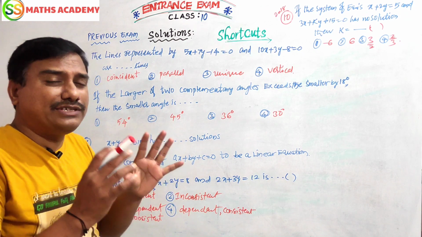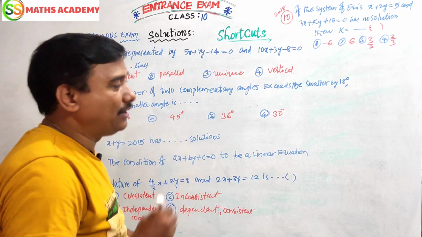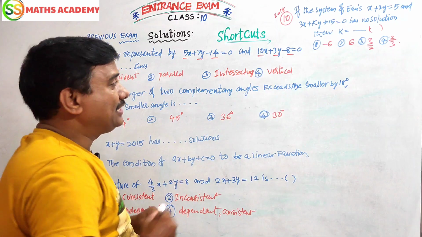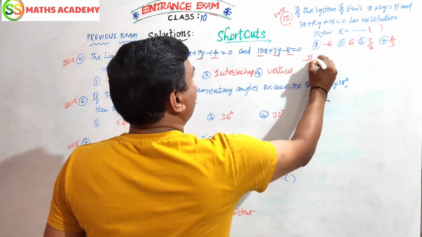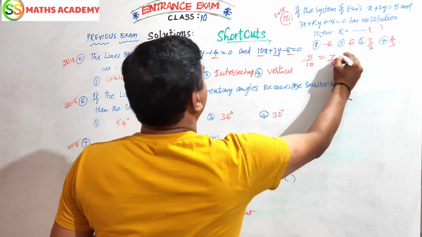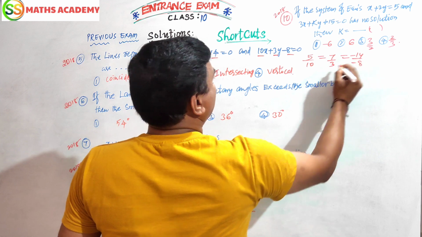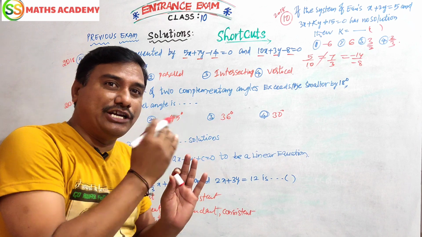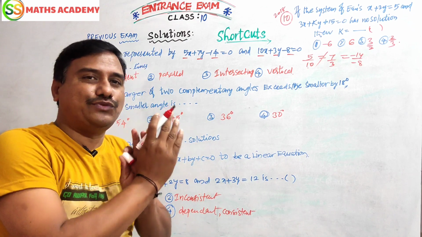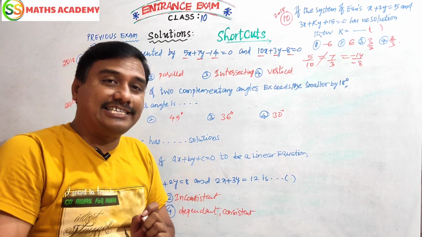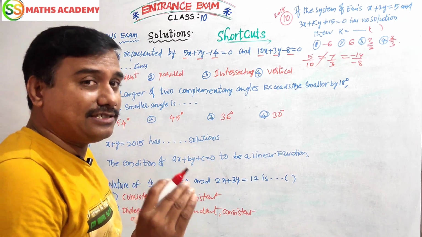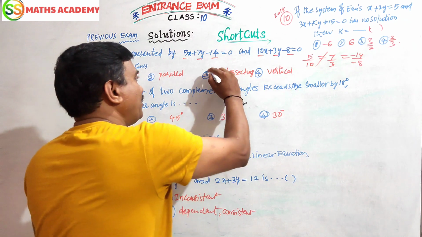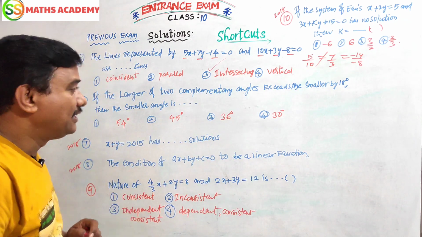Here we have to go with the conditions we require. What is the condition here? A1, B1, C1, A2, B2, C2. Right? Now A1 by A2, 5 by 10, B1 by B2, 7 by 3, C1 by C2, minus 14 by minus 8. Then 5 by 10, 7 by 3 do not cancel. Means A1 by A2 not equals B1 by B2. Only the first condition is satisfied. What is the first condition? Intersecting as well as, yes, consistent. But here consistent is not there. Only intersecting is there. That is our option. Intersecting lines. That's it. Next.